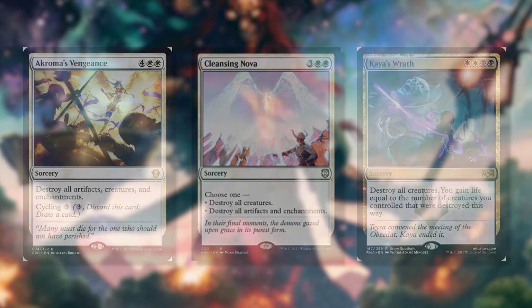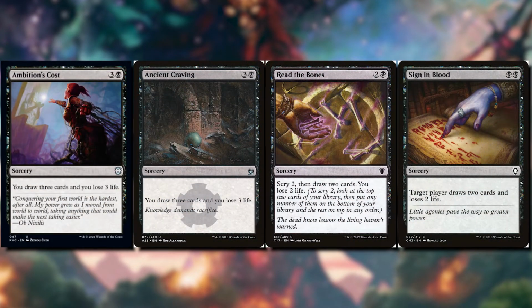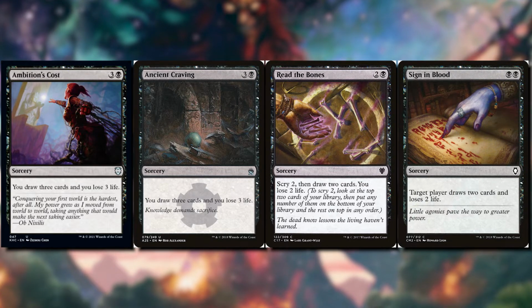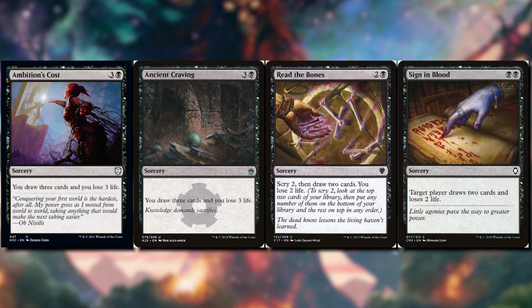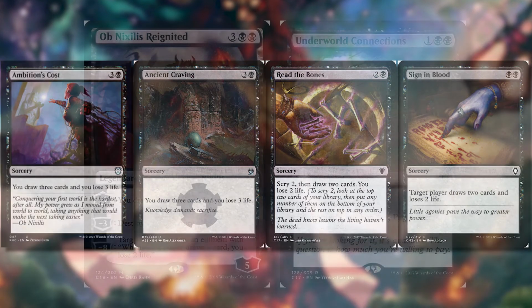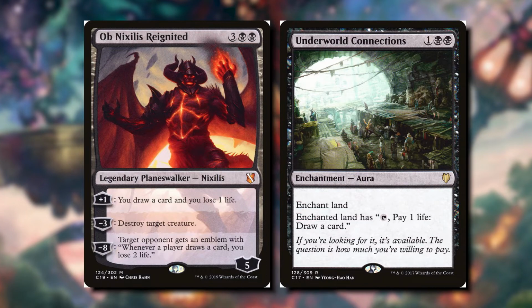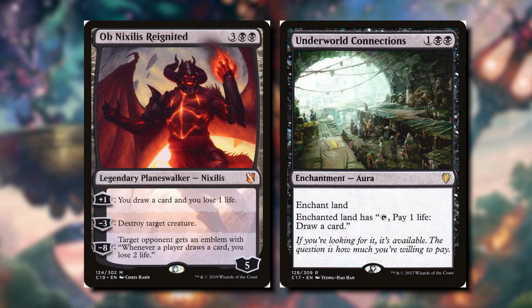When it comes to card draw, we have a lot of one-time spells such as Ambition's Cost, Ancient Craving, Read the Bones, and Sign in Blood. These are spells that are going to get us 2 to 3 cards, and we're going to pay some life in addition to drawing those cards. Some of them can be repeatable with cards like Liliana, Reignited and Underworld Connections. Drawing cards besides the one we draw for each turn is actually really powerful and can get us ahead of